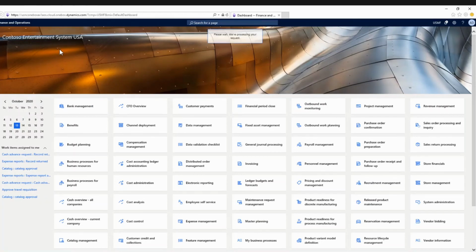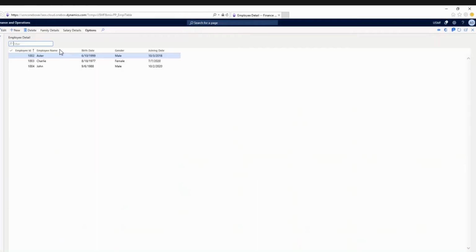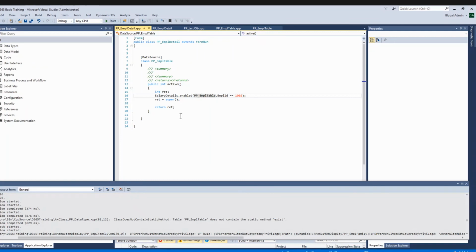Now I will see whether whatever we have written is executed or not. So for Esther, this button is enabled. If I go to Charlie, see, the button is disabled. So the method which we have written is executed successfully. For Esther it is enabled. So like this you can override system methods, and you can write your own methods.